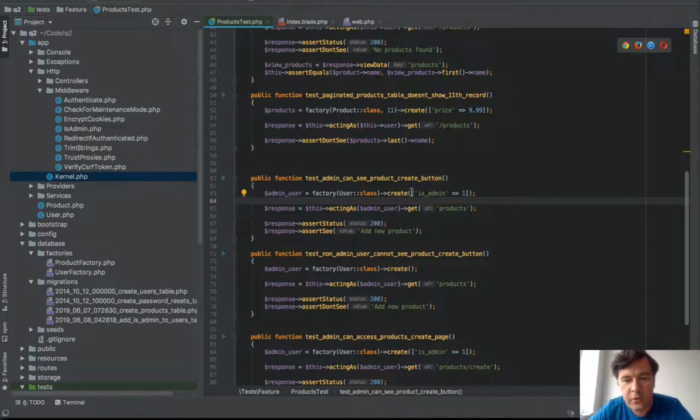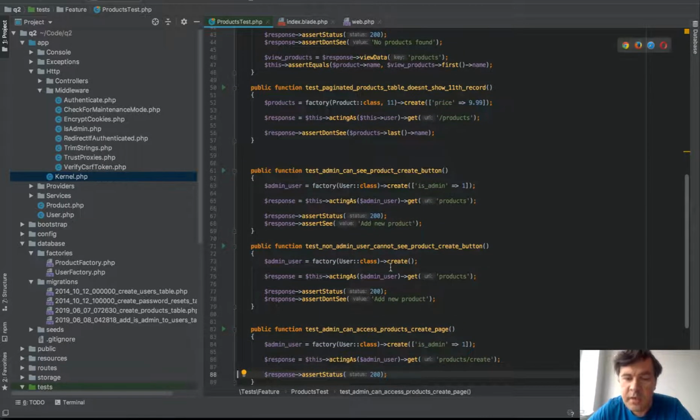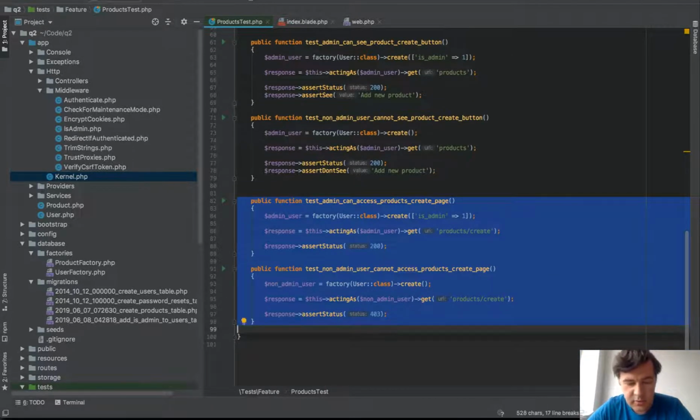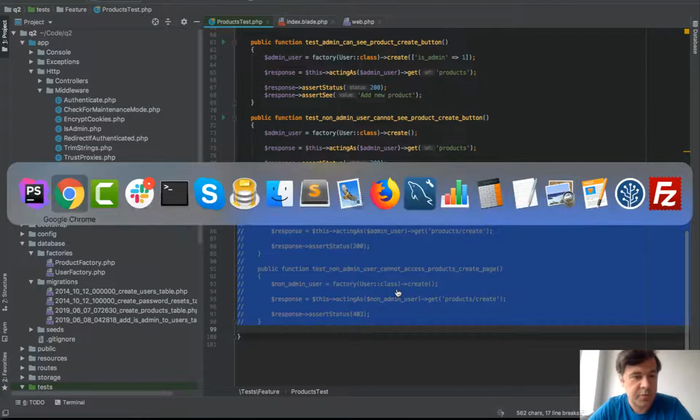In factory, I override one field, is_admin equals 1. And then I'm acting as that user. I get to products and I see if there is a button add new product, right? On the other hand, I'm using non-admin, so creating just a simple user without overriding is_admin, as you can see the difference. And then I assert that we don't see add new product. And that succeeds. Actually, let's comment out everything else for now, and let's launch PHPUnit